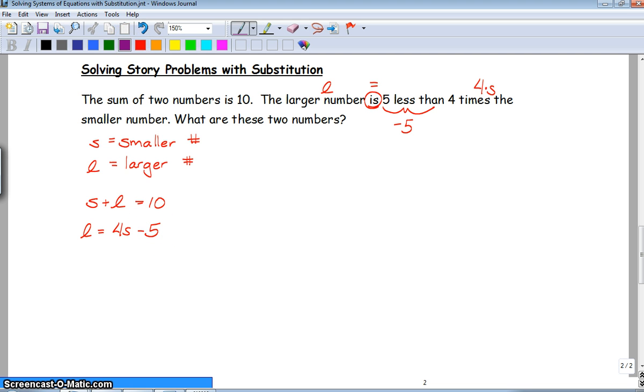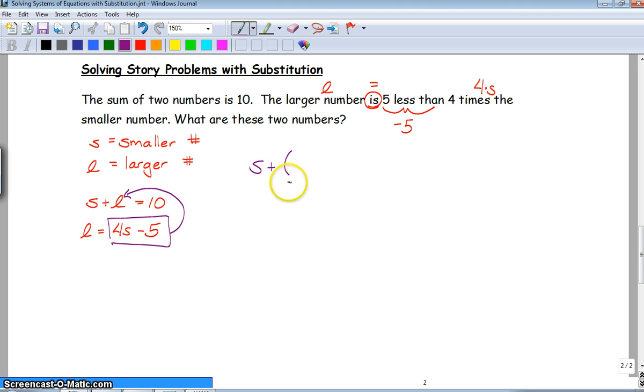So from there, we have our variables defined, we have our two equations. We're going to use substitution to solve. The first thing we want to look for is, is one of our variables isolated? In this case, the L is isolated, so we're going to take the 4S minus 5 and plug it into our other equation. Now we have S plus,